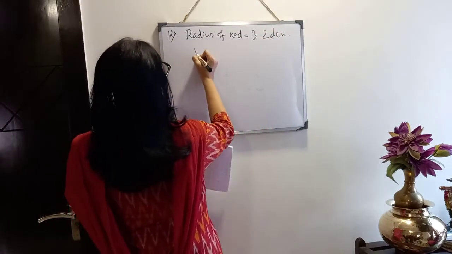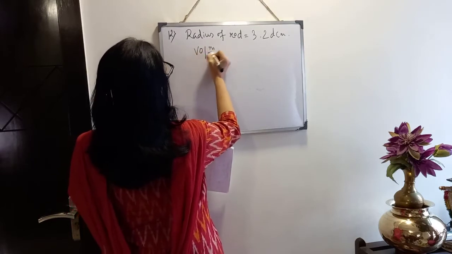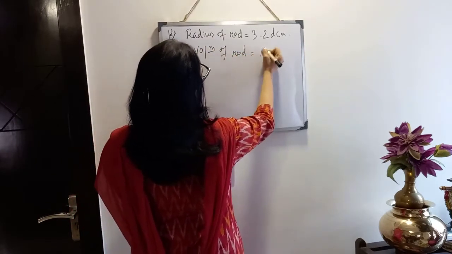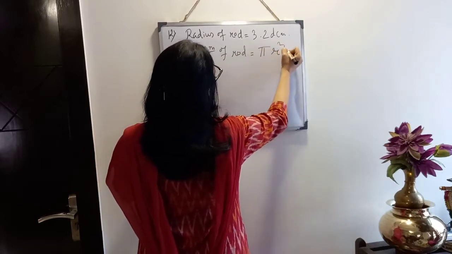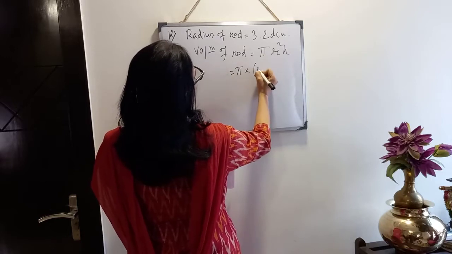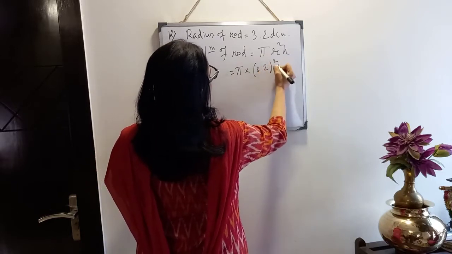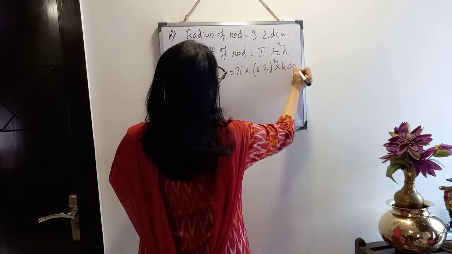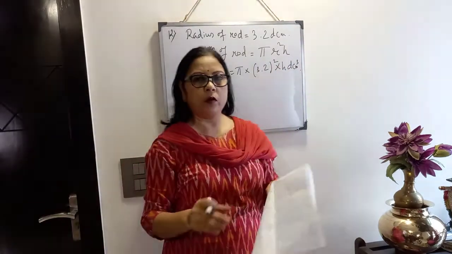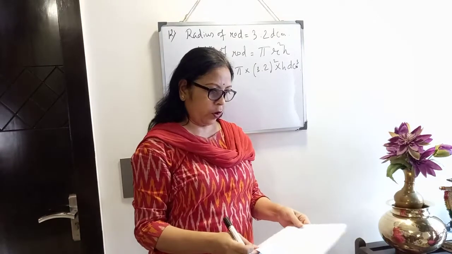And volume will be, it is cylindrical shape, so pi r square h. Here h is unknown. Here this is volume of rod, and in case of volume of sphere,